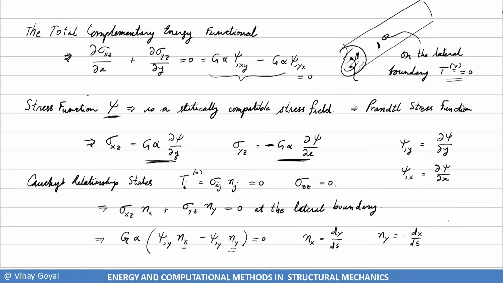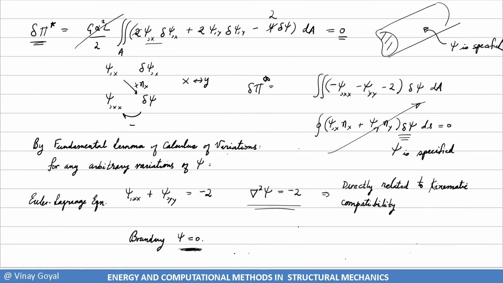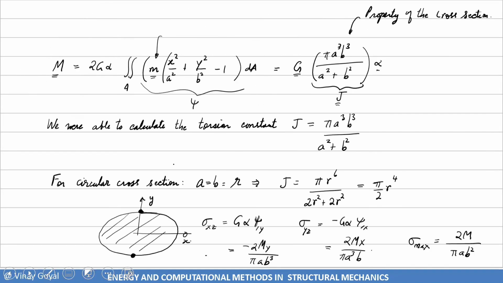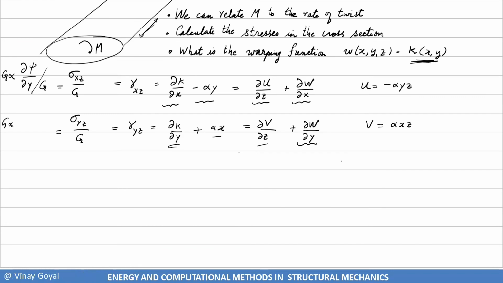I can never remember this term. G alpha psi comma y. And there's a G here, but that's divided by G, so G cancels out. And that was minus, I think. So therefore, now you have everything in terms of z. If you notice, you have